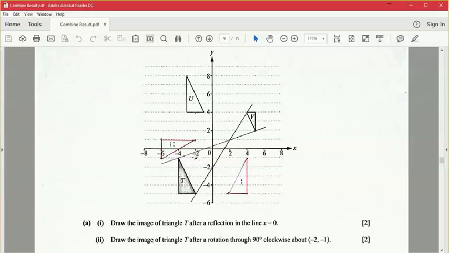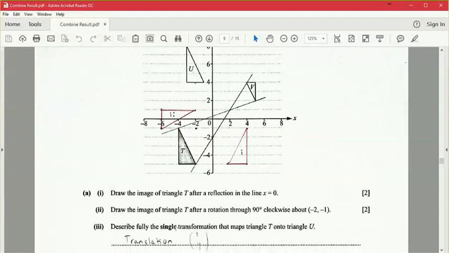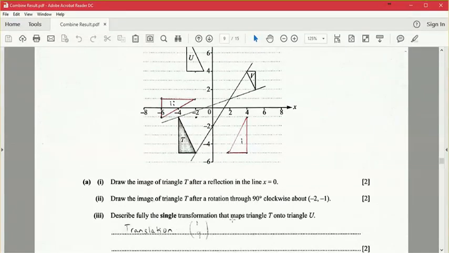So here is the center about this point, rotation by 90 degrees clockwise, and the answer will be here, this one. You can use a trace paper to get it. Then describe fully the single transformation that maps triangle T, this one, into triangle U,